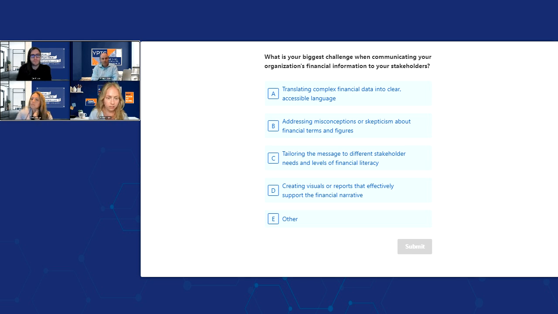We have here translating the complex data into clear and accessible language, right? Speaking to those different perspectives, maybe addressing misconceptions or skepticism, tailoring the message to different stakeholder needs and levels of financial literacy, perhaps even leveraging visuals, right? As we talked about earlier, some of us are more visual learners. So using those to support the financial narrative, and then maybe it's all of the above. But if you do have a challenge that isn't listed here, we'd love to hear what that is in the